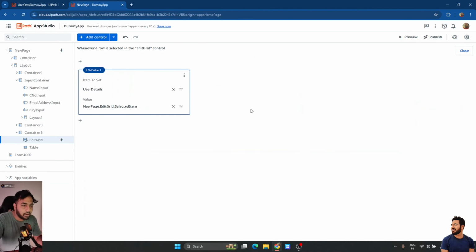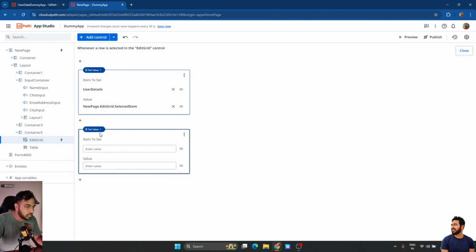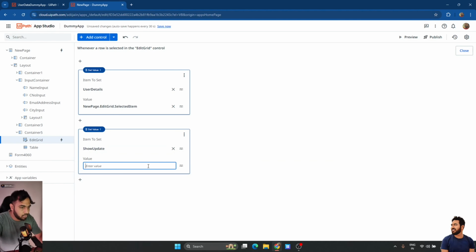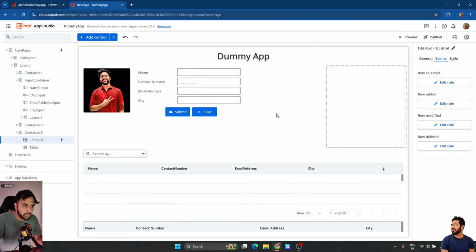And whenever I'm selecting a row, I want set value for app variable show update to true. I'll close this